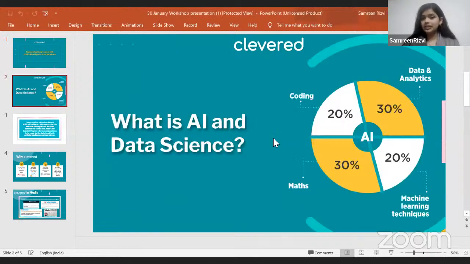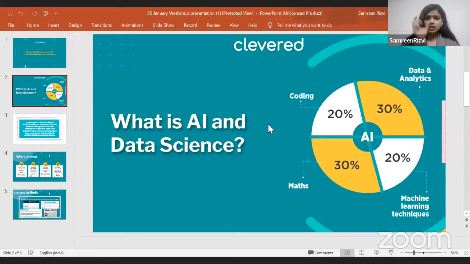These are the 4 domains on which we are focusing. First of all, we learn the Python programming language or the block-based programming, Scratch, based on which level the students are in and on their age group as well. Plus, whenever we learn coding, we also learn some maths concepts, like when we want to calculate the distance between 2 points, or calculate the square root or square, and so on. Many mathematical concepts like probability also come into the picture.